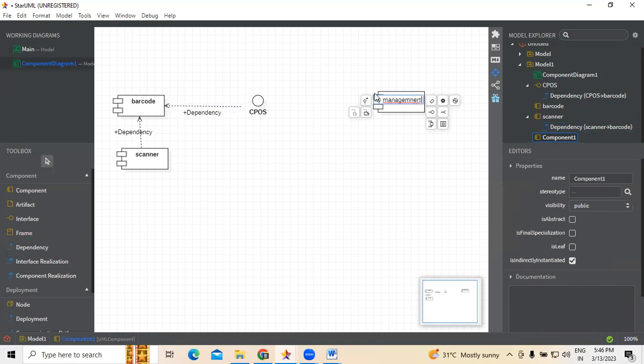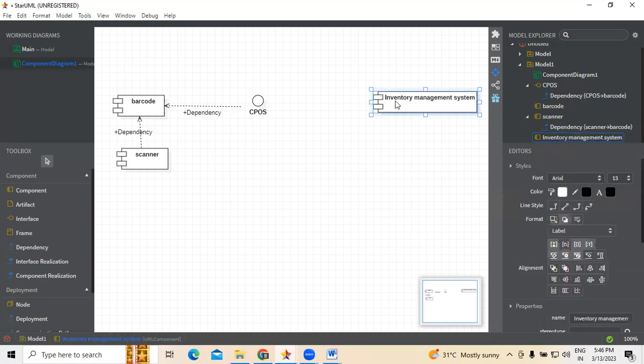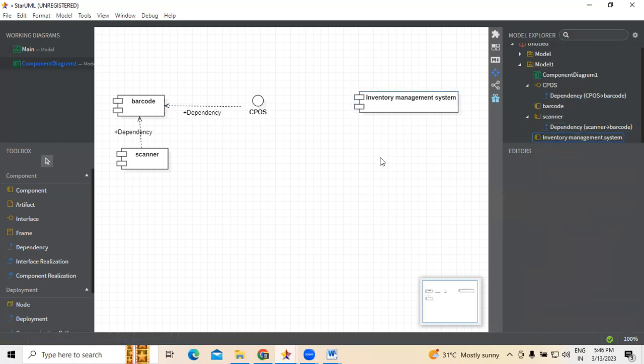The inventory management system is a software component.